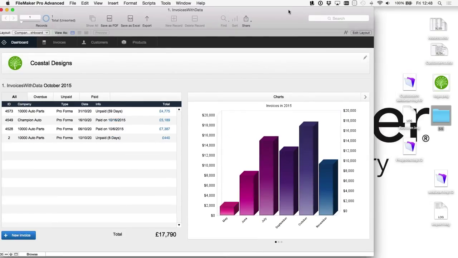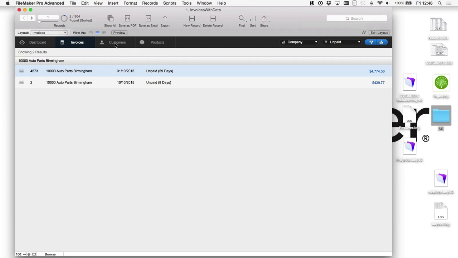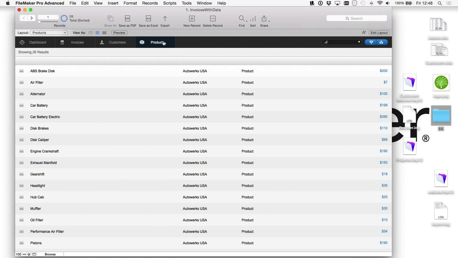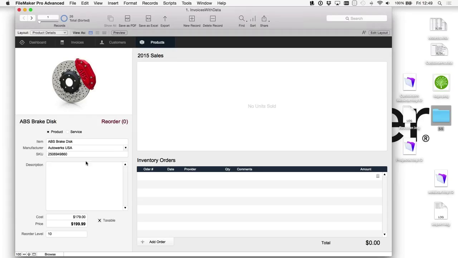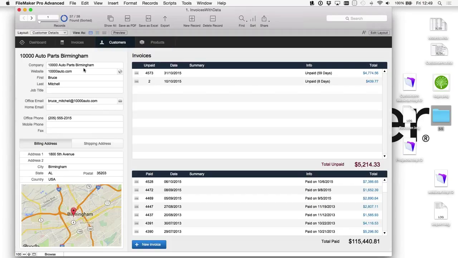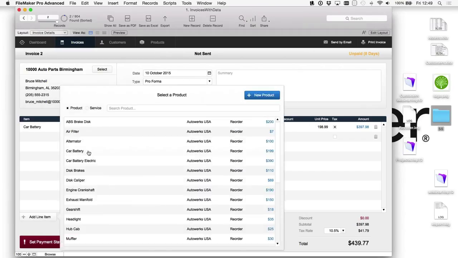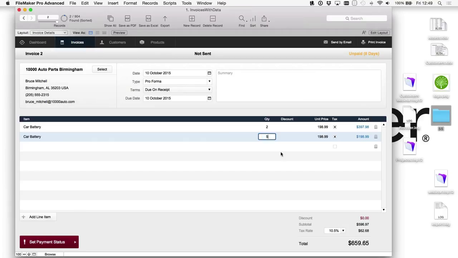Shrink that down a bit. So we've got an invoicing one which has invoices, customers, and products or services, I believe. Yes, products or services. And it's a very nice little file. You go to customers, you get maps on customers, how many invoices they've got, paid or unpaid. Drive into those invoices and see what they've done, and obviously build up those invoices with different quantities and so